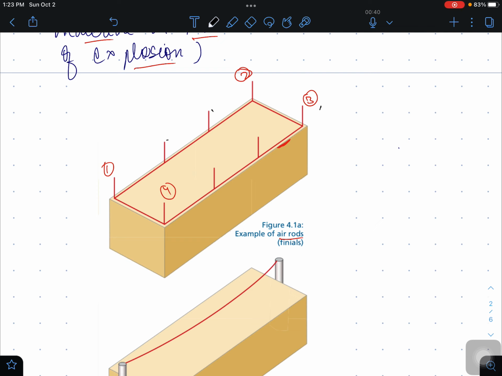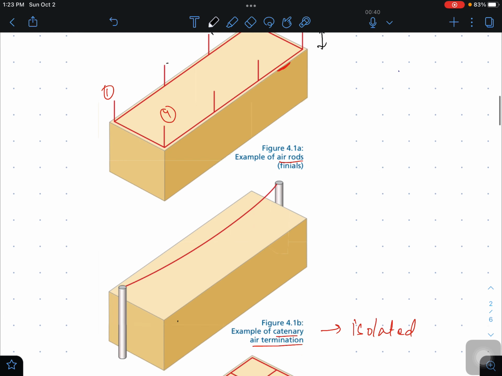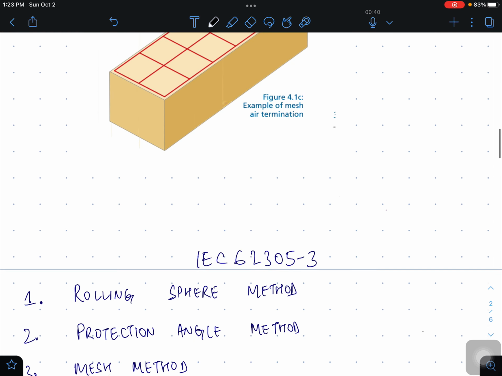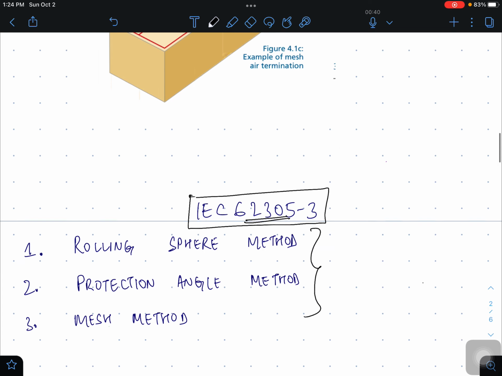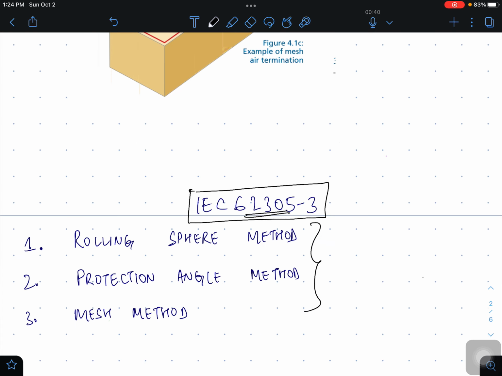What is the height of these rods that I have to provide? And all this is explained by IEC 62305-3. This is the mother of all standards, and 62305 is the series for lightning protection. So -3 is this standard which gives us how to size this air termination system, and it gives us 3